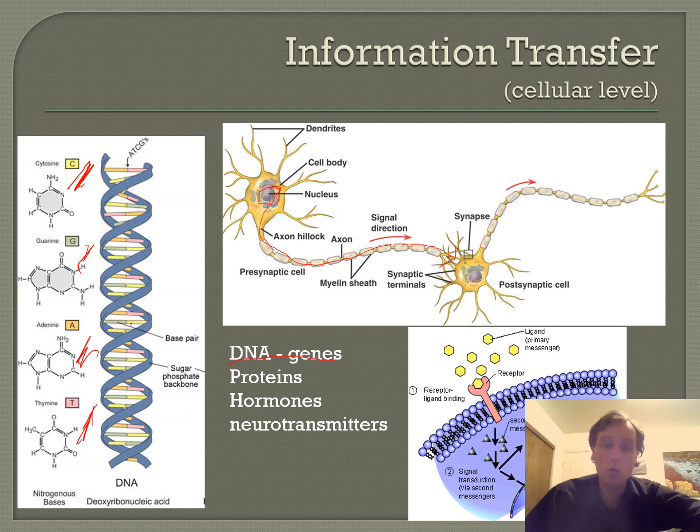What DNA does, the main thing, is it produces proteins, and it codes for what proteins are produced. So basically, the difference between, let's say, a Homo sapiens and a redwood is that the DNA in a Homo sapiens has human genes that produce human proteins and human hormones. This last one here, neurotransmitters, we're going to briefly look at a little later on.